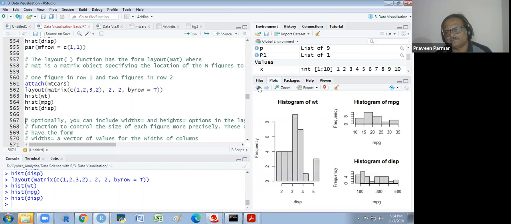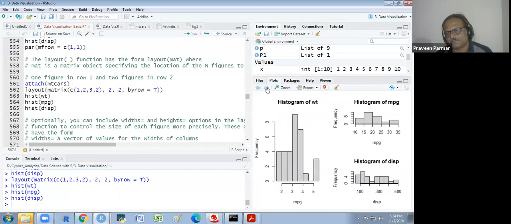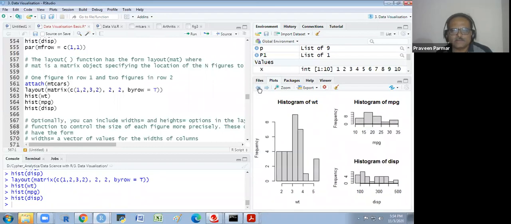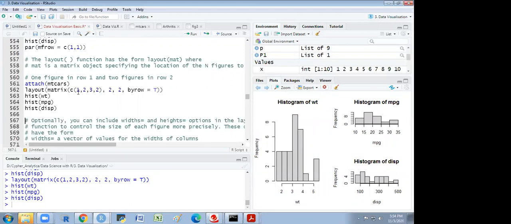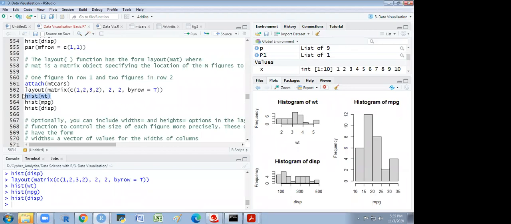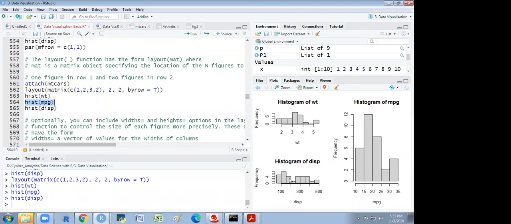I will show you that, all the positions. It will take a little time to understand. Sir, how does it become 1 2 3 2? I will show you that graph first. 1 and 2. The first figure is here. The second figure would be here. Got it? And the third figure would be here.